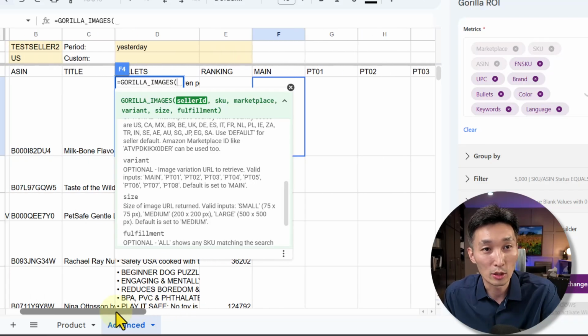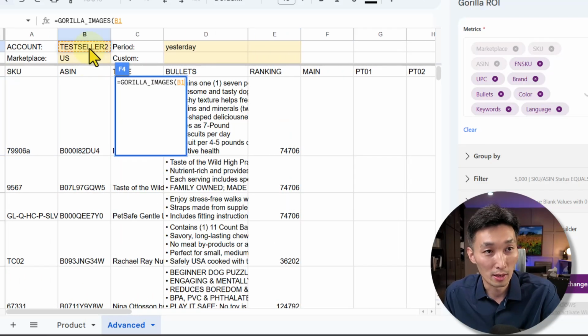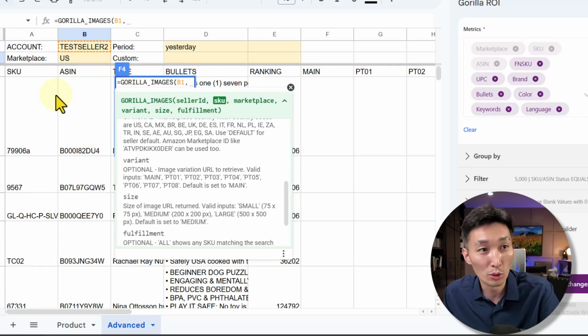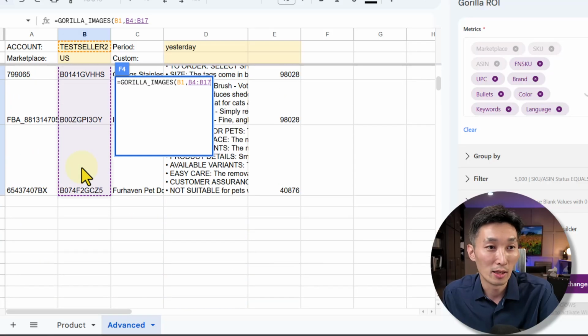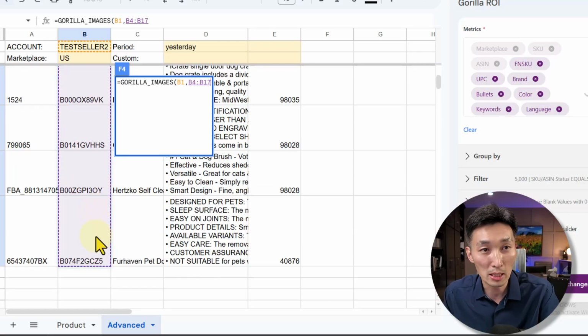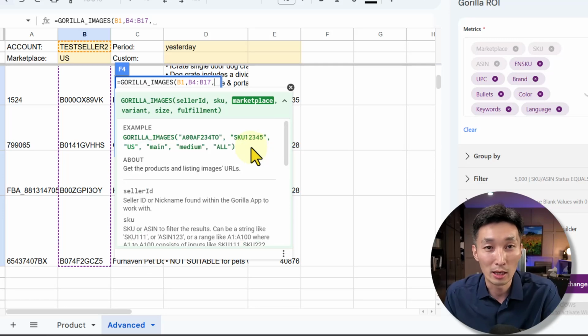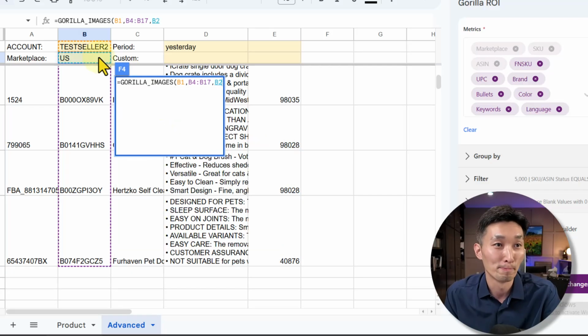So again, let's go through this process. Test seller 2, comma, US for the marketplace. Oops, sorry, it should have been a SKU, or the ASIN. I'm just going to continually mix it up just so that you can see that there's all sorts of different ways of doing it. There is no single set rule. It's very flexible and you can do it to whatever matches your current report layout.